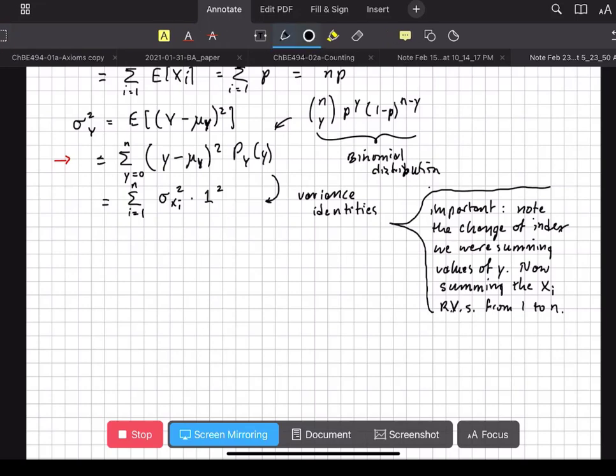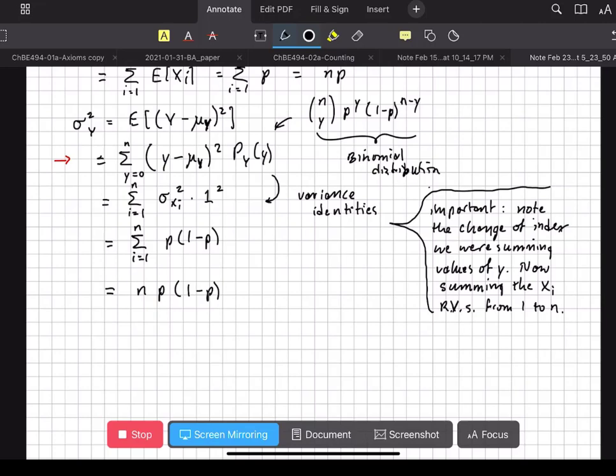Each of those Bernoulli trials, as we already worked out in the previous problem, has a variance of p times 1 minus p, and that means that this sum ends up just being n times p times 1 minus p. So this is the variance of a binomial distribution, and that was a lot easier than summing over